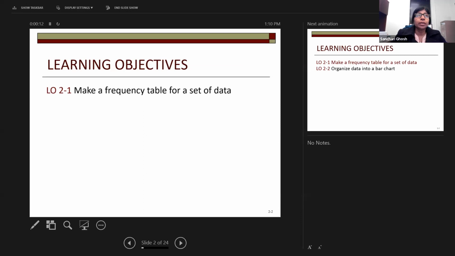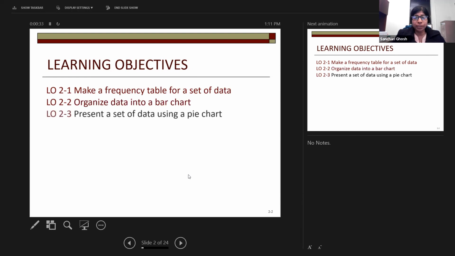This is something which we covered probably in basic statistics a little bit, but not so much elaborately. Chapter 2 probably will be your first introduction to making a table and analyzing data from that table itself. We will again just show you very briefly organization of data into bar charts and pie charts. In fact, I will just scan as I have those in the lecture slides, but I'm not going into the details because we have seen the details of doing bar charts and pie charts as fundamentals of Excel in the